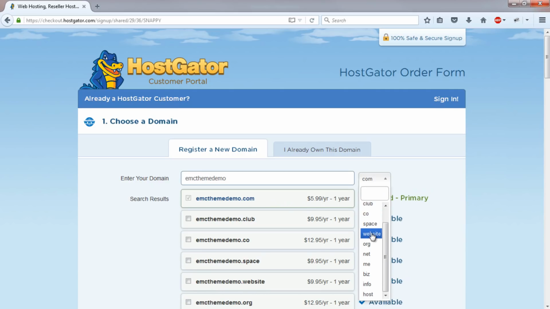Now, when it comes to setting up your website, it does not make any difference whatsoever if you choose a .com, a .net, a .org, biz, info. It really does not matter. Everything in this tutorial will stay exactly the same. It's just my personal preference because customers always naturally assume that your website ends in a .com, so I like to choose a .com. But, you know, I've seen businesses use .net as frequently as I've seen .com, so it's really up to you.